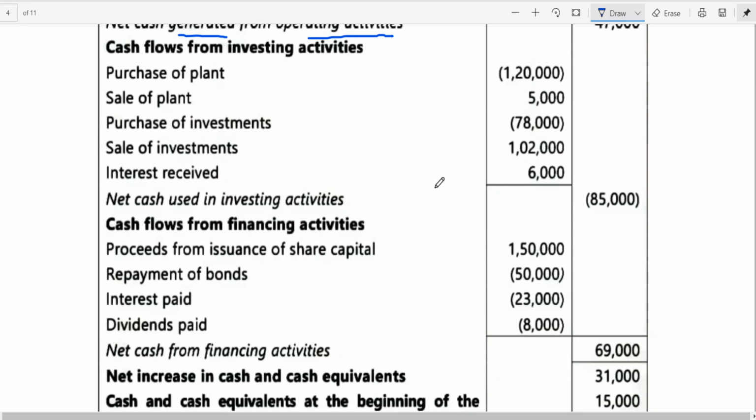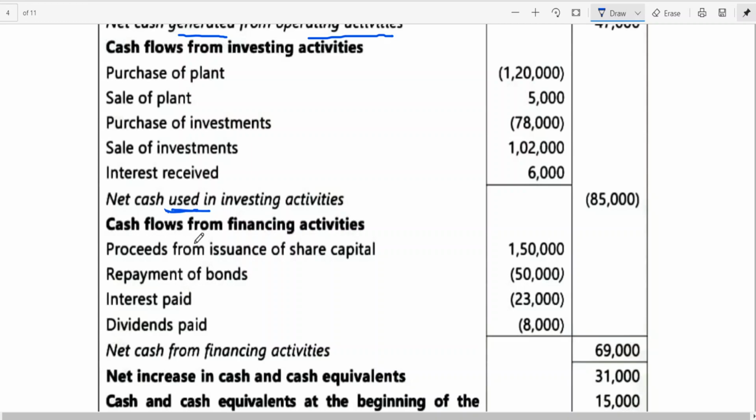Next, interest received. I told you interest received is investing activity. This we have actually added to the P&L account to find net profit before tax and net profit after tax. To find operating activity inflow, interest received has already been subtracted there, and it has been taken at the appropriate activity heading, that is investing activity. Now you got a negative value. I've explained in the last class, it is net cash used. Cash flow from investing activity is negative, that means we are using cash. Outflow is more than inflow.